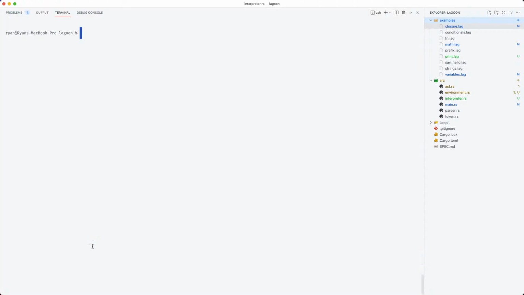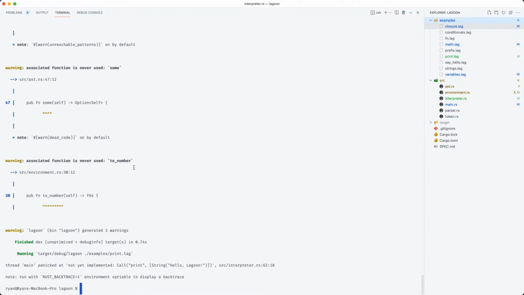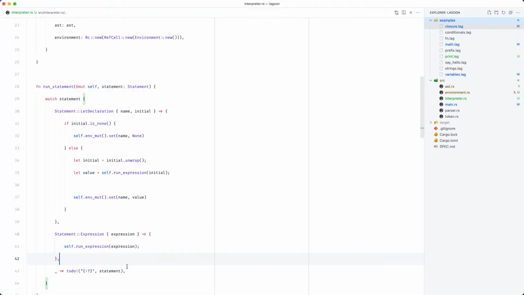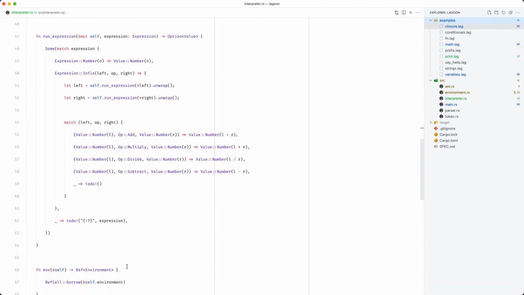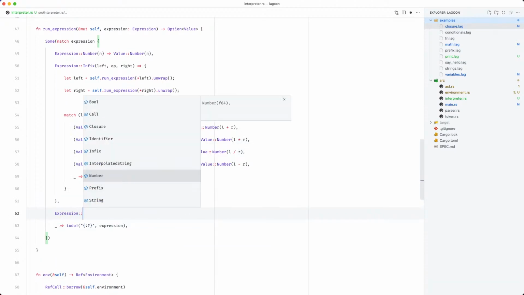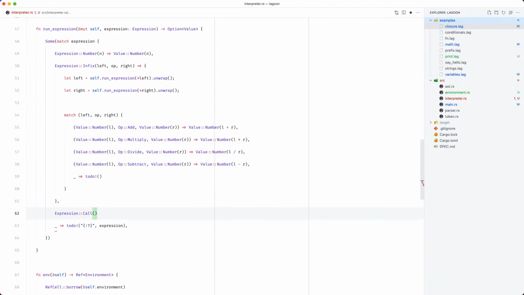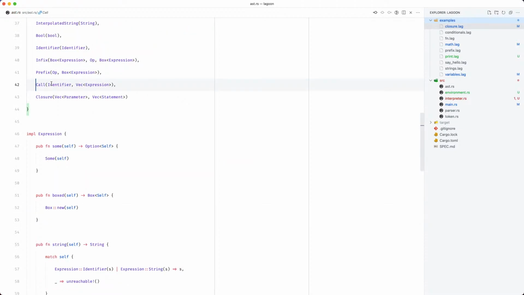And then the expression itself is a call expression. So down here, we can add a new arm and call that call. And if we take a look at this, we've got an identifier, which is just a string, remember, and we've got a vector of expressions.